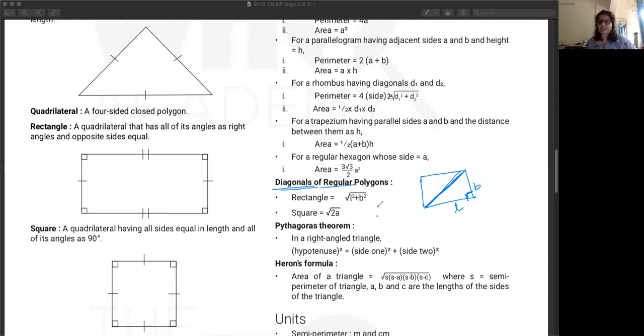So that's why you'll basically get root of 2a square, and once a gets out of the root, it becomes root 2 into a. The printing is wrong here. The root is only for 2, not for a, so the root symbol should not be there. I'll write this down properly here. You guys note it down. So the length of the diagonal in a square is root 2 into a. A is outside of the root.